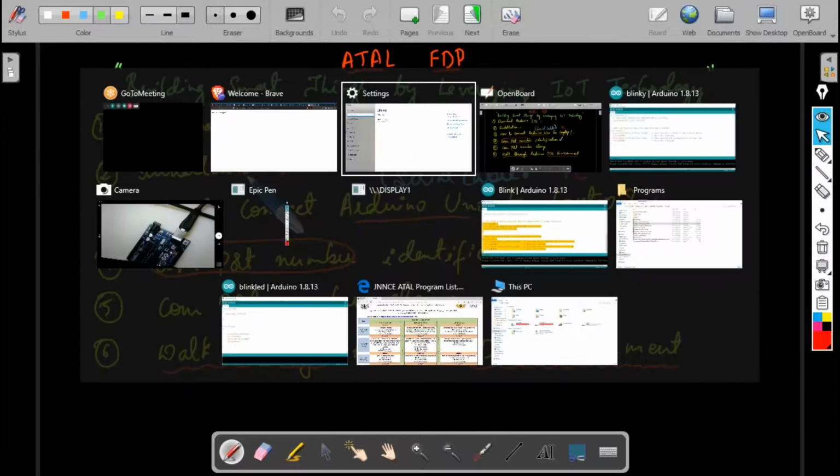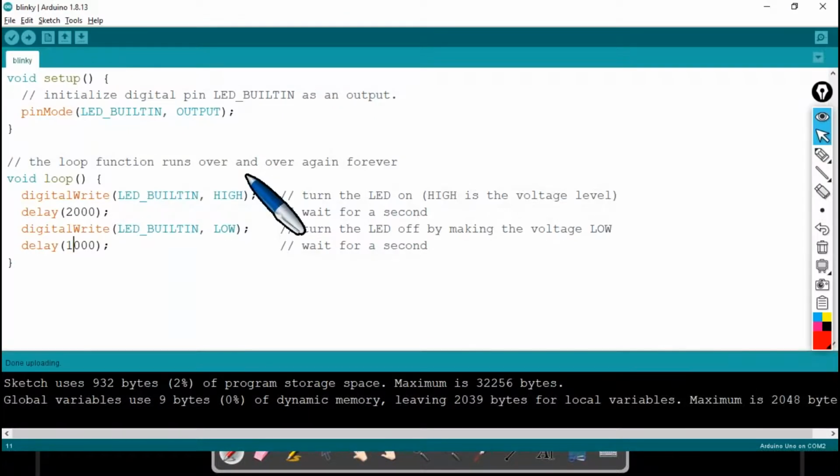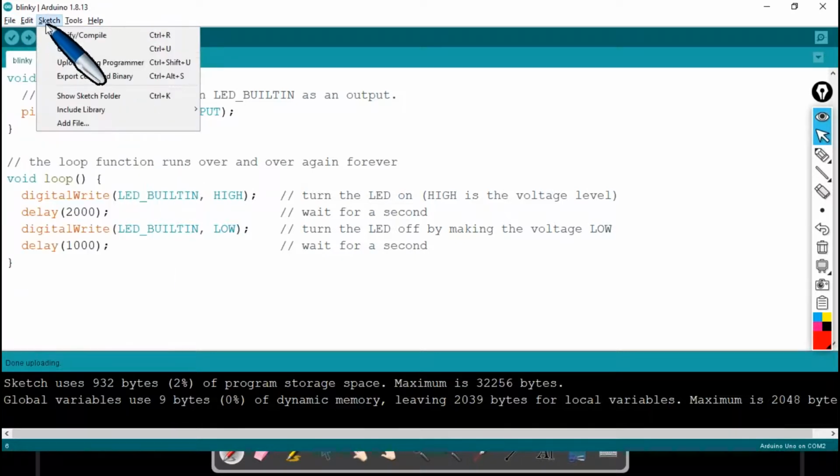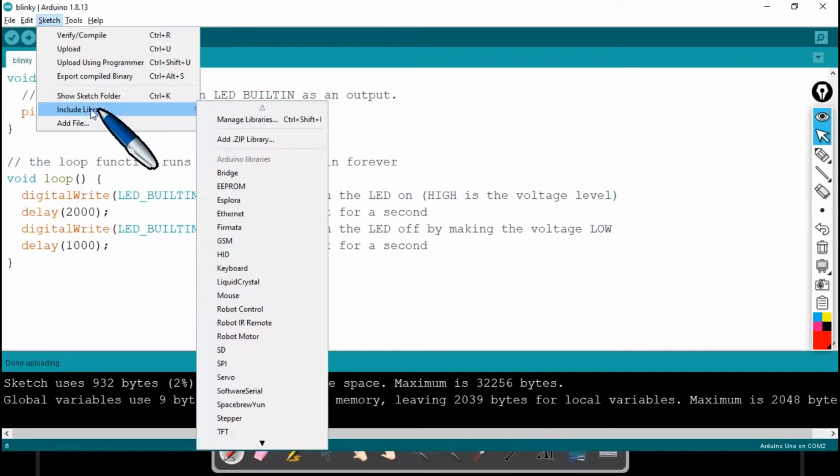Now let's get back to our Arduino IDE again, because I'm left with less time. Let me take you through other options that are available. Under Sketch, we have something called include library, because this Arduino community is so powerful that if you take up any kind of sensor, all its library has already been written. All you have to do is make use of the functions that are present in the library.